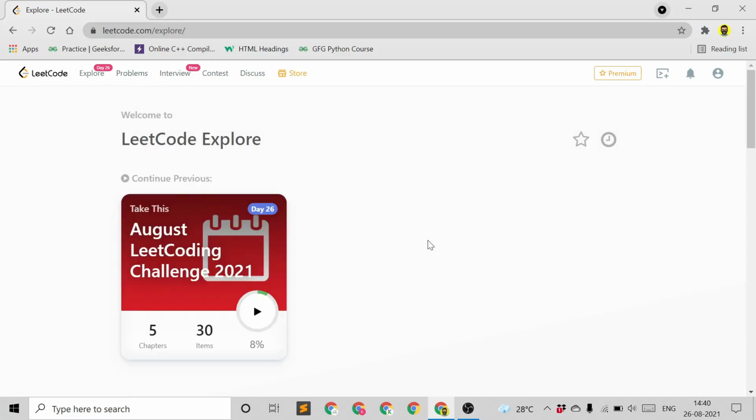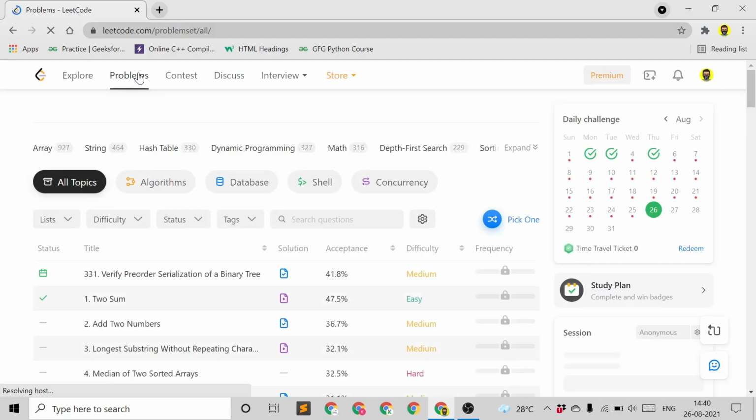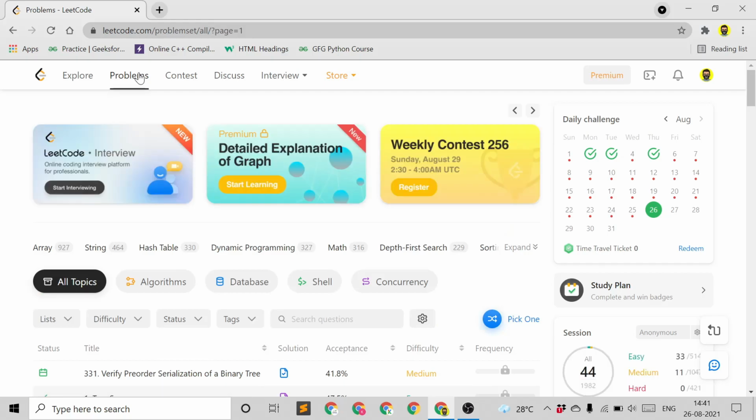LeetCode gives 30 questions if the month is of 30 days, and if the month is of 31 days, then it will give 31 questions. So daily one question. LeetCode gives you one question to solve daily.